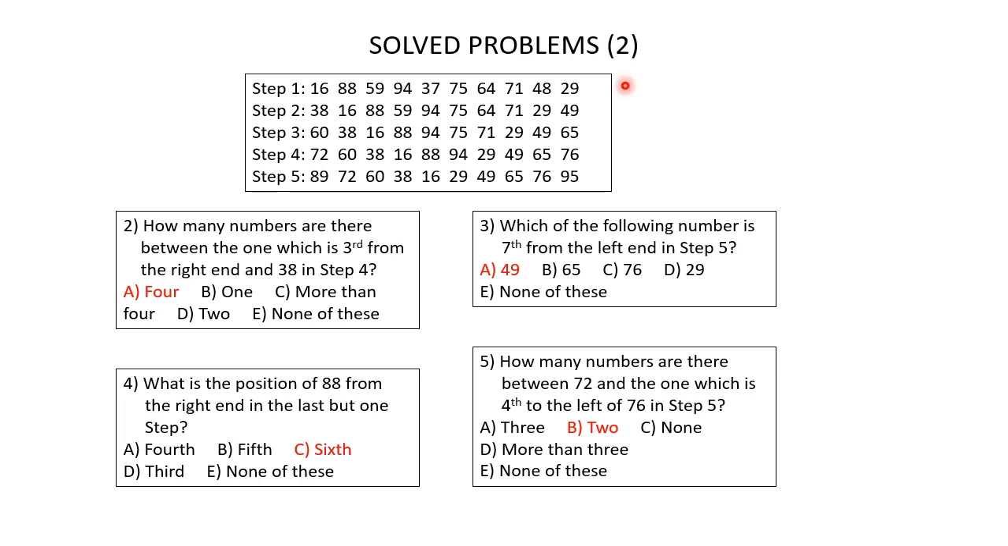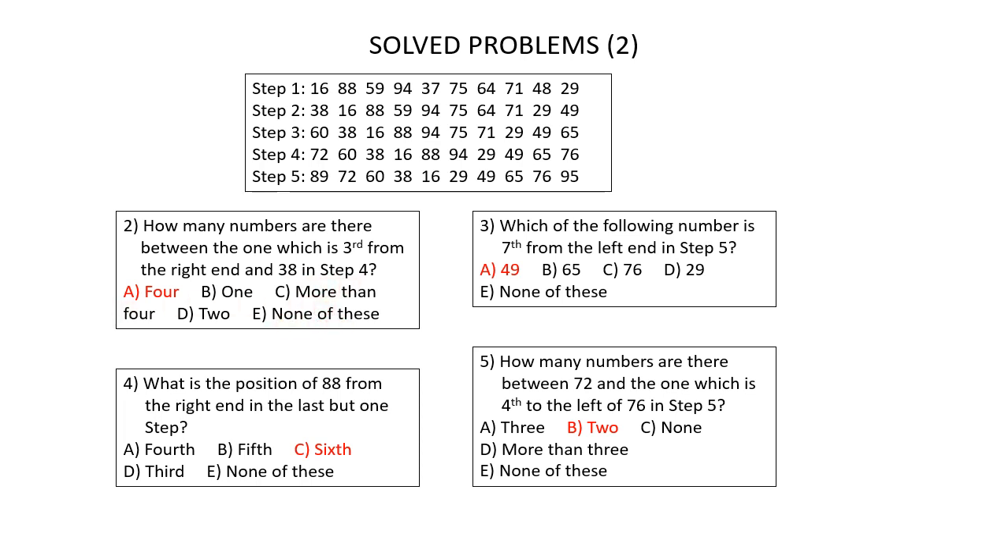These are the rearrangement steps for the given input of numbers, and this is the final output for the given input. Based on these rearrangement steps and the final output, let's answer a few more questions. Question number 2. How many numbers are there between the one which is third from the right end and 38 in step 4? Here you are given 5 options and you have to find out which of these options is